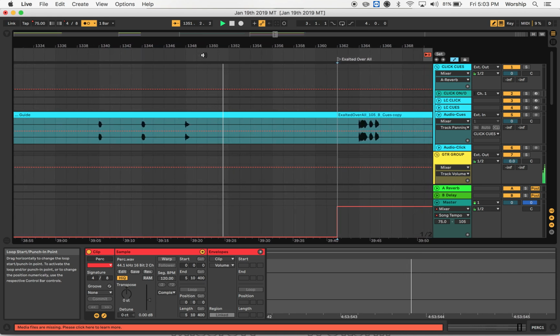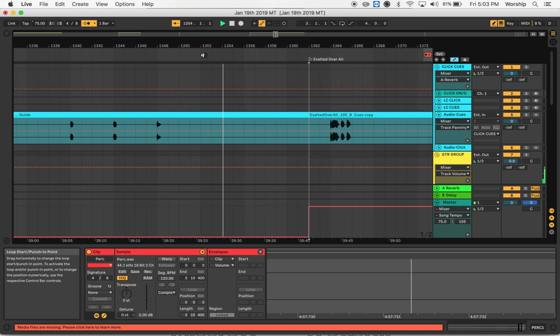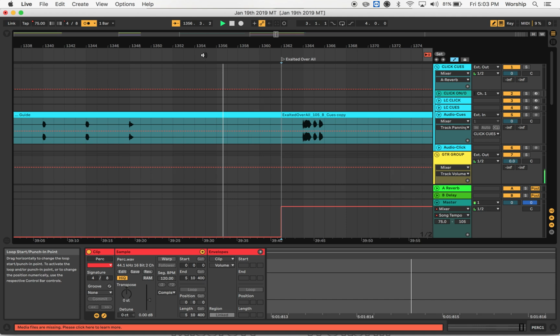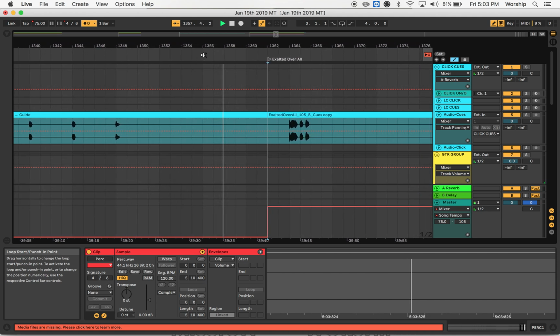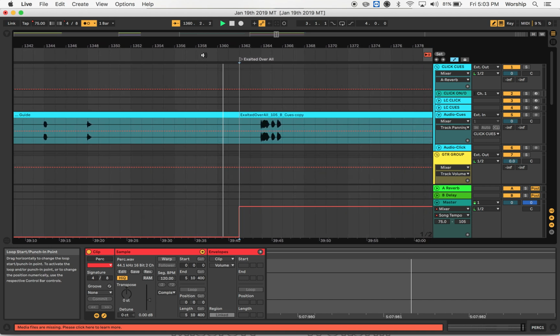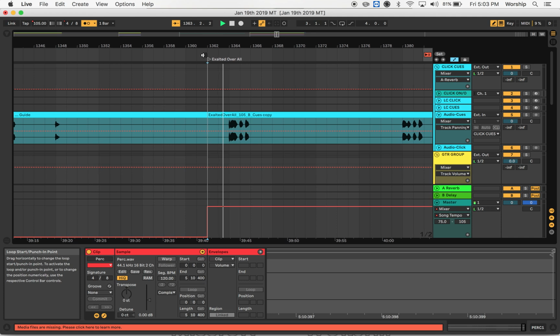So that's the end of the song, and it's kind of fading out. Still fading out, which is fine. But then it fades out pretty quickly, or it fades out and there's a lot of space in there.